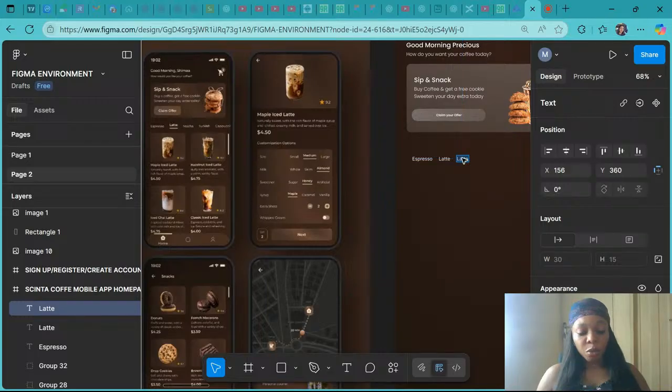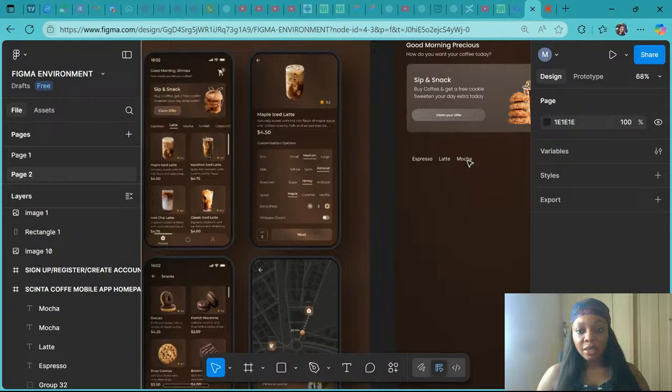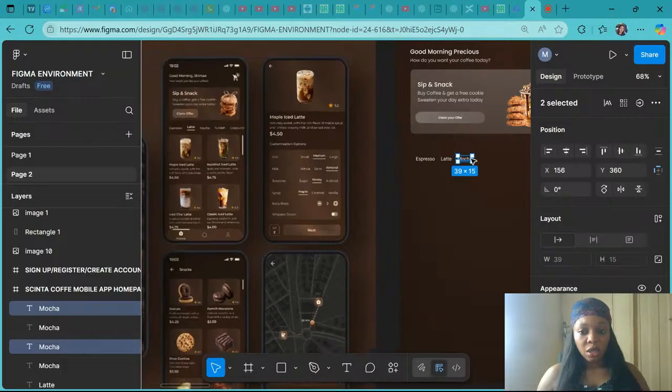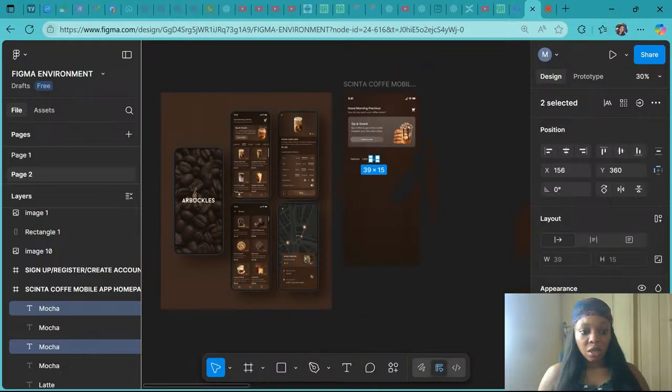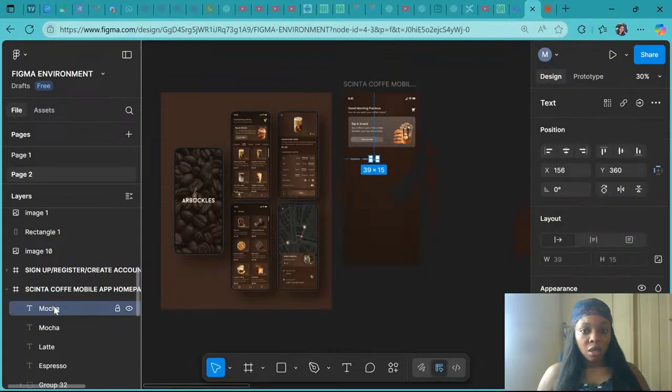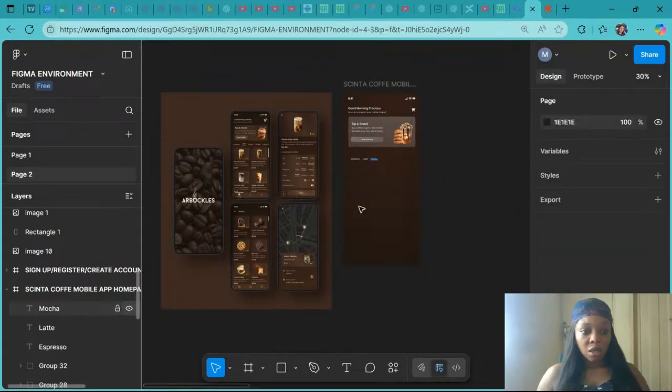And I have mocha. I'll duplicate again. Control Z. So I have mocha,